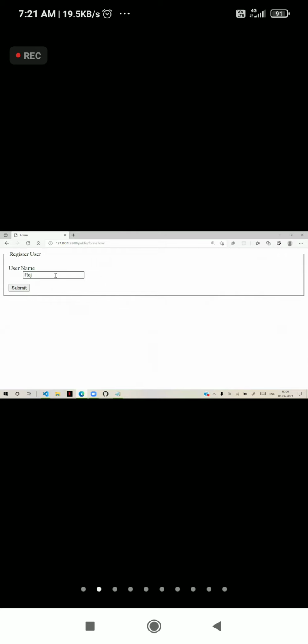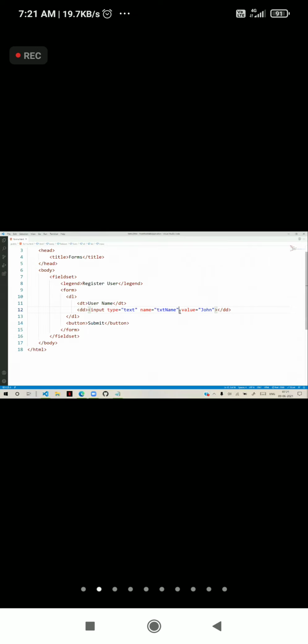But whenever you load or refresh the page, the default value will be John. So if you want any value to display inside it by default, we have to use the attribute value. So name, ID, class, and value.